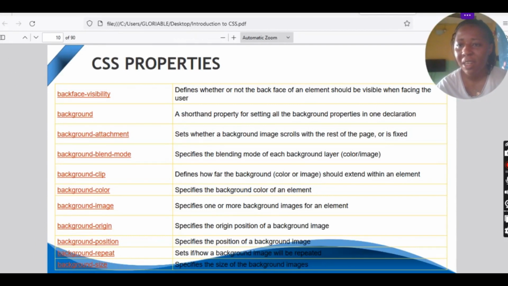Today's lesson, we are going to be learning one of the CSS properties, which is background. Background is used in designing the surface of the website, depending on how you want your background to be on your